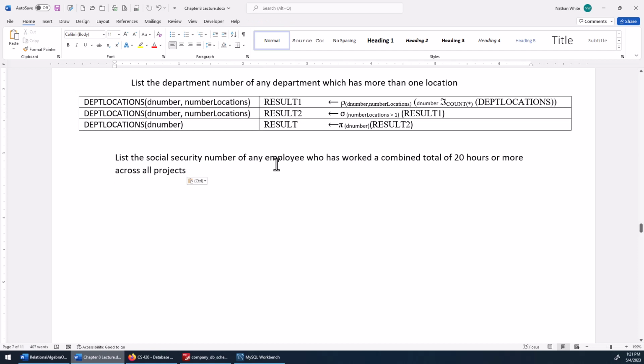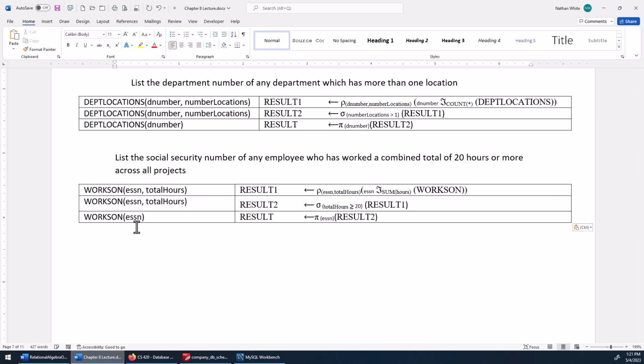Okay, list the Social Security number of any employees who worked a combined total of 20 hours or more across all projects. Okay, so go ahead and hit pause and work on that one. Okay, and here's what the answer will look like. Again, we're doing some aggregation. This time we're doing sum. We've got to sum the hours. Right? We're going to have, as a result, just those 2 attributes, the grouping attribute and the results of the